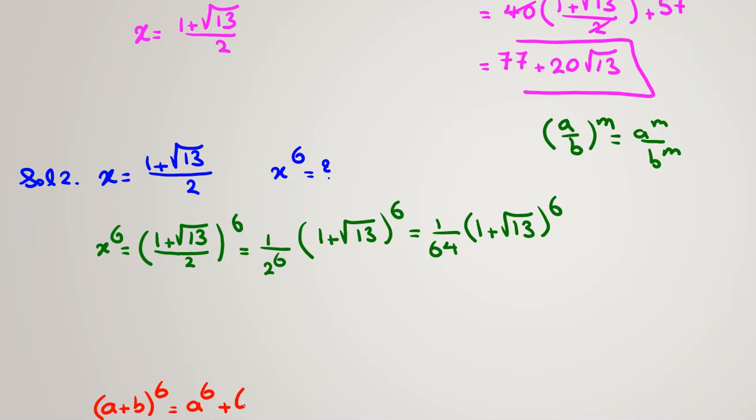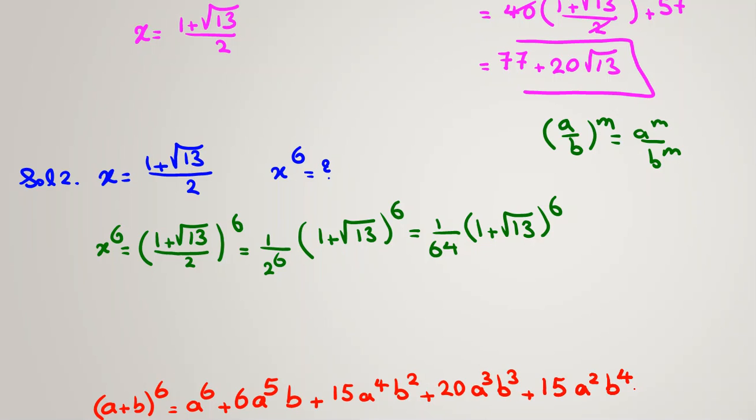But for 6, it will be a to the 6, plus 6a to the 5 b, plus the next one, which is 6 choose 2, that is 15, a to the 4 b squared, plus 20a cubed b cubed, plus 15a squared b to the 4, plus 6a b to the 5, plus b to the 6. So if we apply it here, x to the 6 is 1 over 64 times